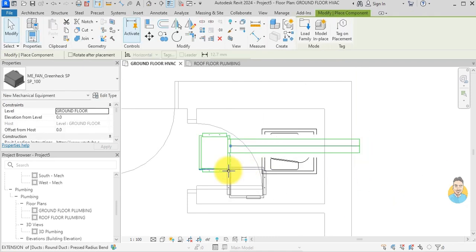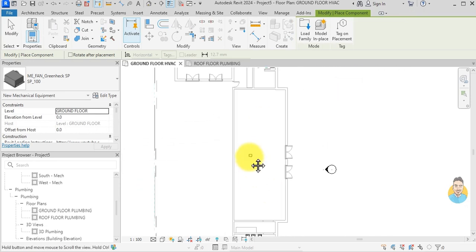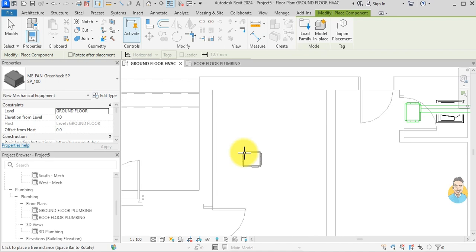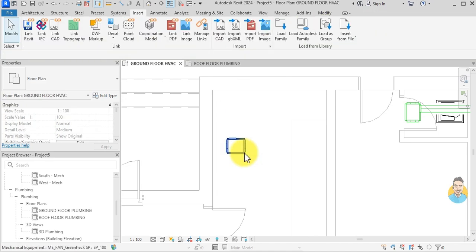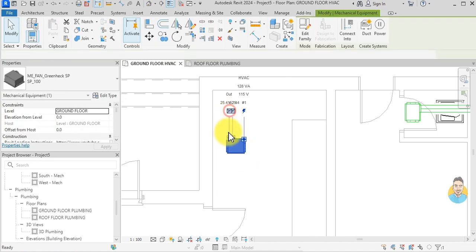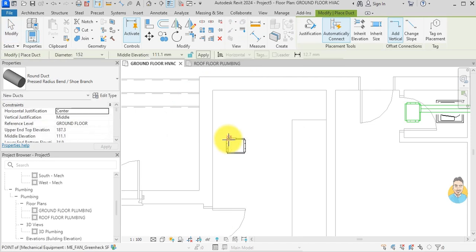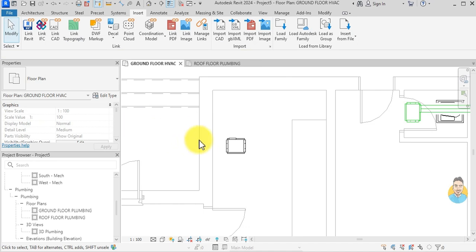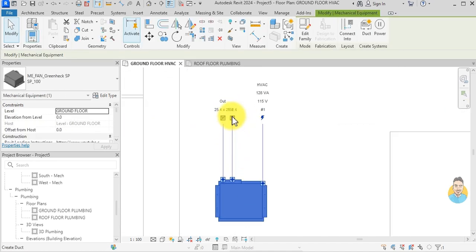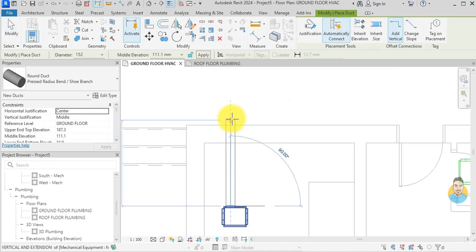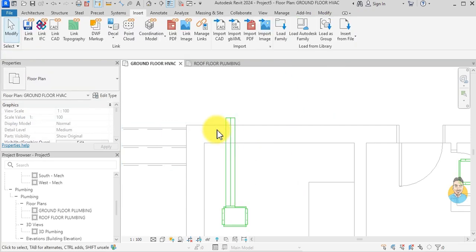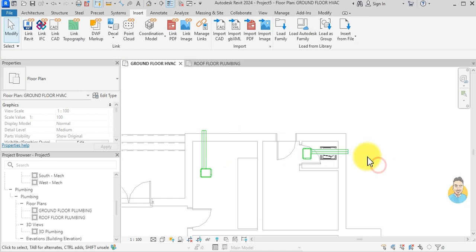Click CS for create similar, and also this is a store, so I will just rotate it. I click here, and I give it a fan. Now this duct, escape, I click here, this duct like that. And also, to save some time, I can copy the fan and the duct,